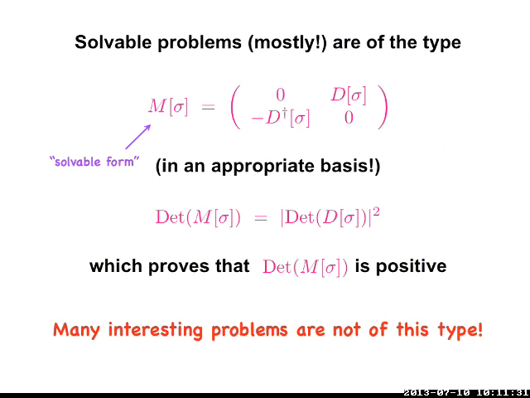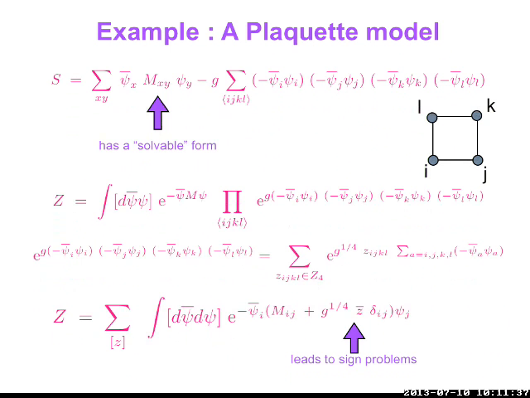Assume this is something that I will come back to again and again. So assume that M is some matrix that has a solvable form. That's exactly what I have. That's a free theory, let's assume, or maybe in some background field which I can then integrate out. But then in addition, let's say I want to add such an interaction.